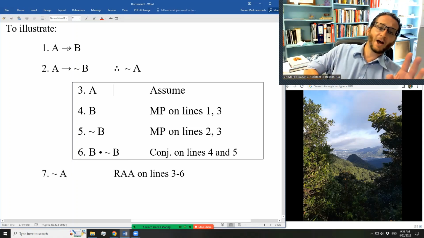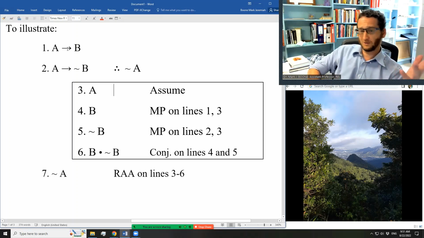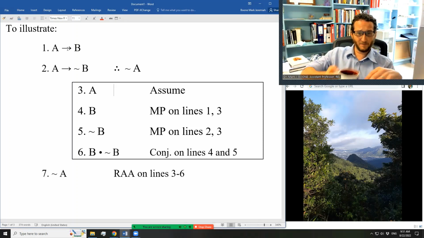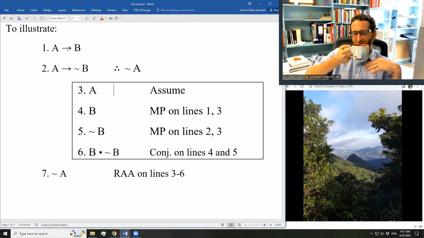Now let me look at something. How would you prove this argument any way other than a reductio? Let me check. I think there might be ways of doing it, actually. Let's not go into it. But the point I wanted to make is